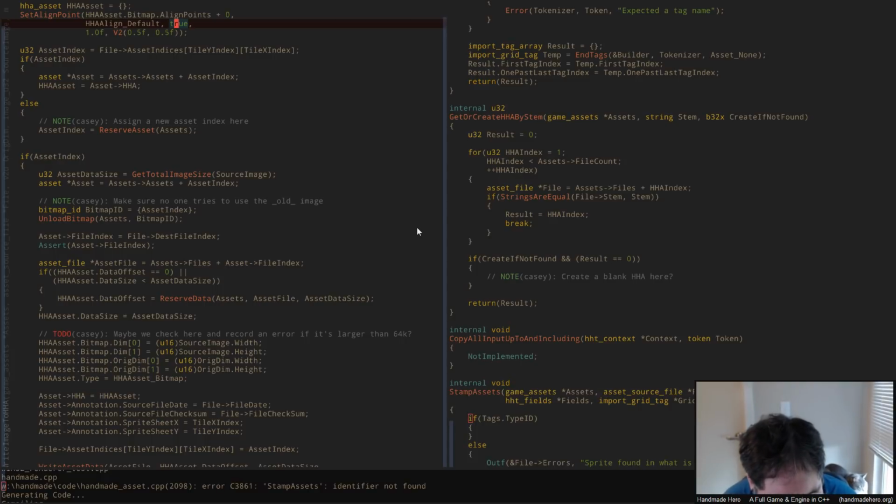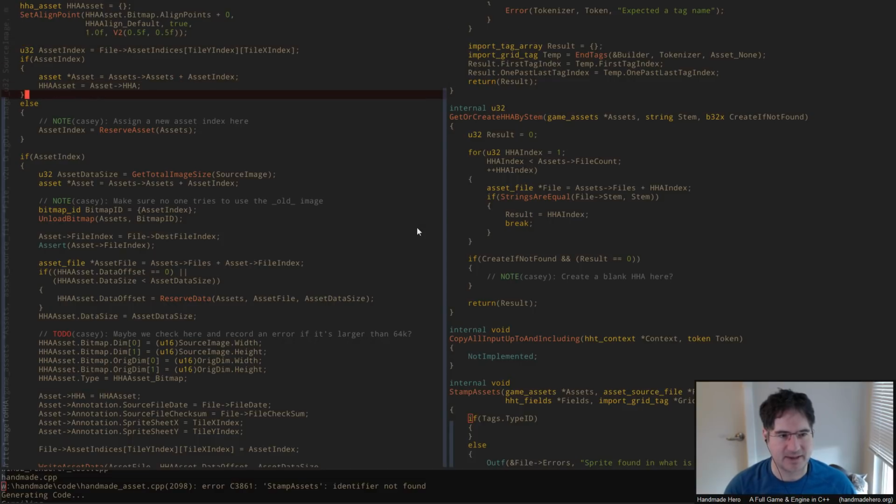what's a little bit frustrating about that is that we don't actually store that piece of information anywhere, right? It's just inside the tags, and it's impossible for me to actually know whether or not we hit this path or this path. And we need to know because we need to be able to set the type ID on whatever this thing is. I think